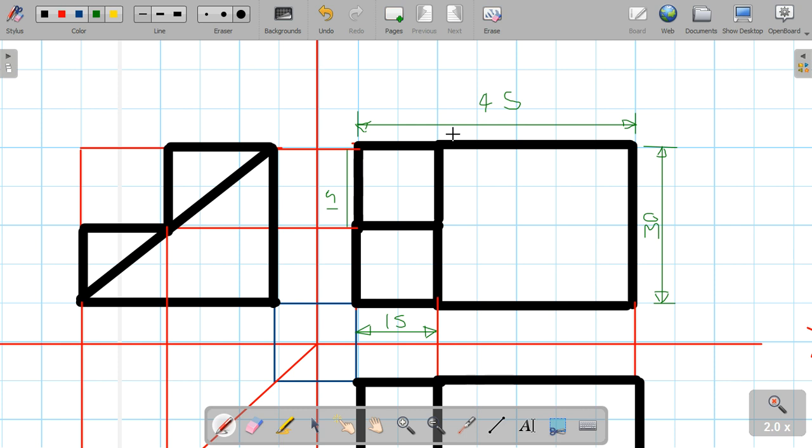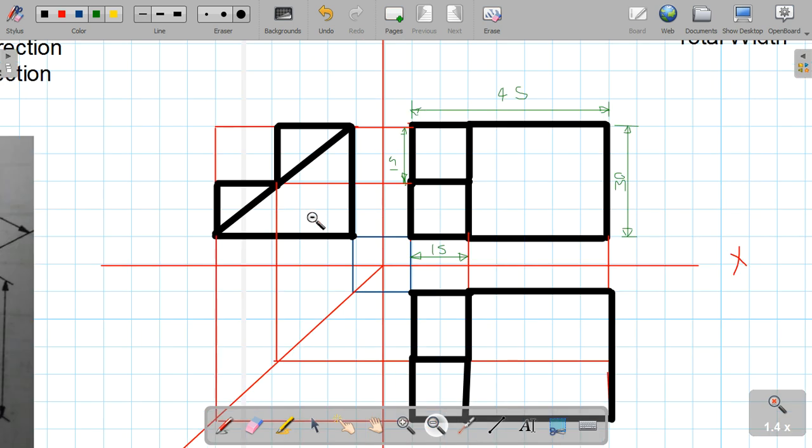Now see, we should not give extra dimensions. Now I haven't shown the dimension for this line because if total length is 45, if we minus 15, it will become 30. Now the total height is 30. If you minus 15, then it will become 15. So we should not show more dimensions. I will show here arrow. Okay. Then